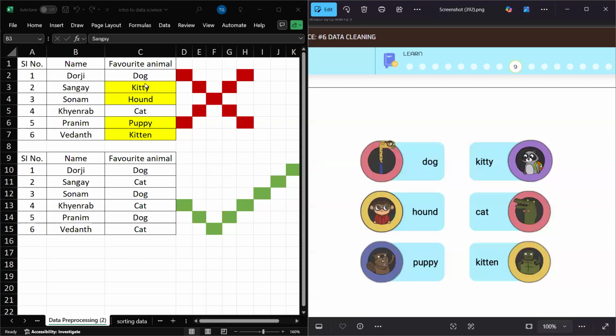What you will notice is dog, hound, basically the same thing. And puppy is the same thing basically. Puppy is just a small dog. But if you put it directly in your data collection, just copy and paste, that will be wrong. Because dog and hound, when you refer to them, it kind of sounds like completely different things, but you know that these are the same things. Dog, hound and puppy are the same, but still you didn't correct it, you kept it just like that.